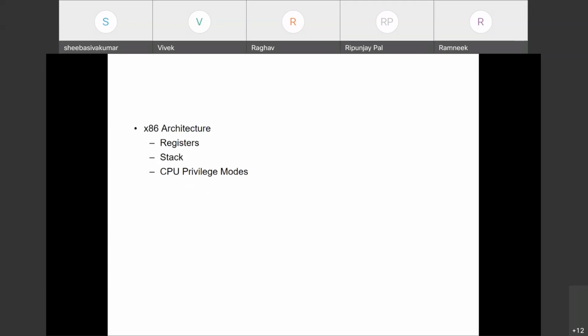x86 is an architecture designed by Intel and AMD. It is the format for all the executables that are run on Windows and Linux.